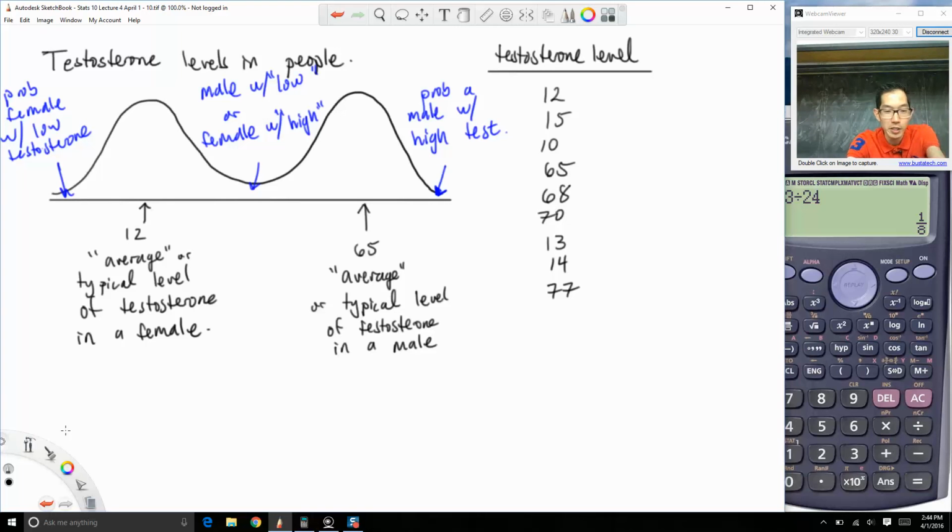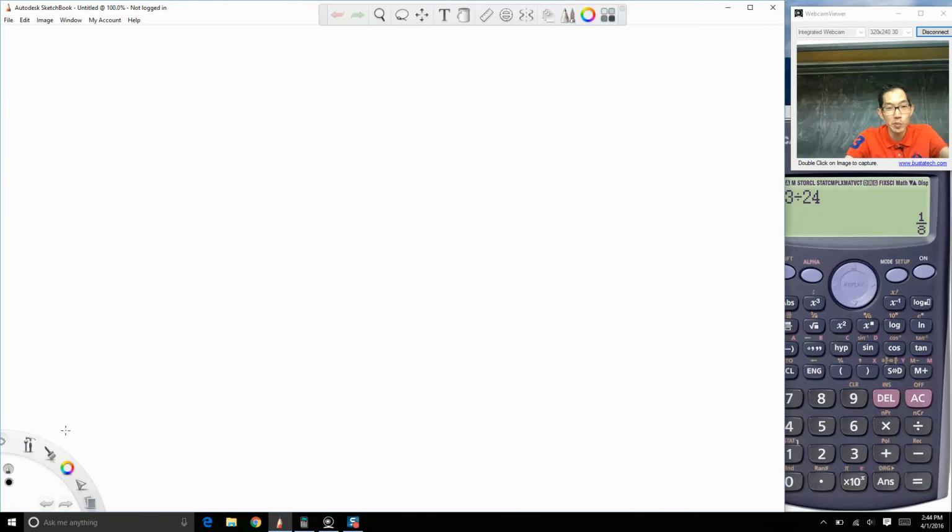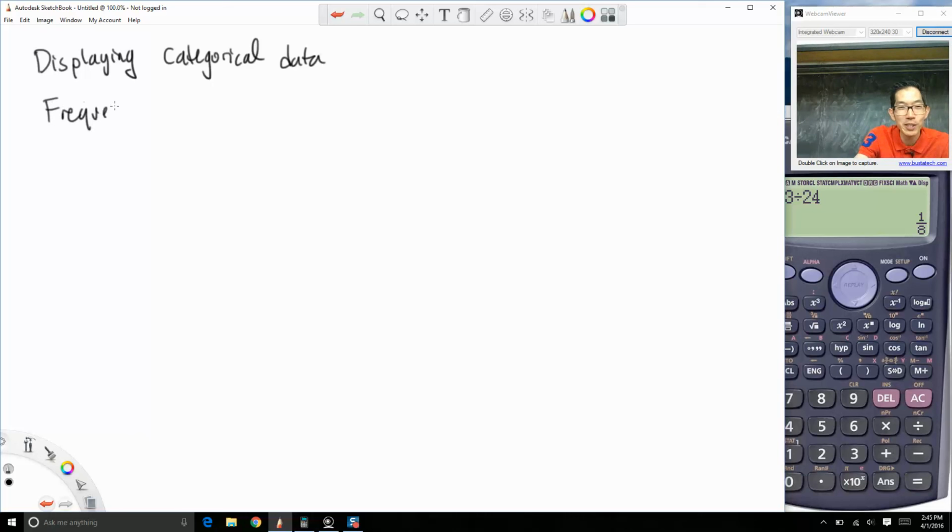Okay. All right. So now I'm going to talk about categorical variables and displaying categorical data. As far as categorical data goes, to summarize our categorical data, what can we make? To summarize, as far as tables go, we can create a frequency table